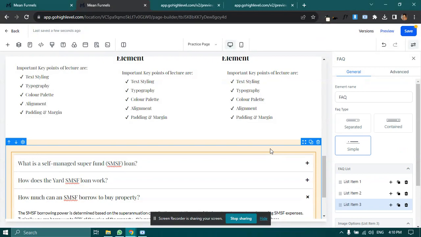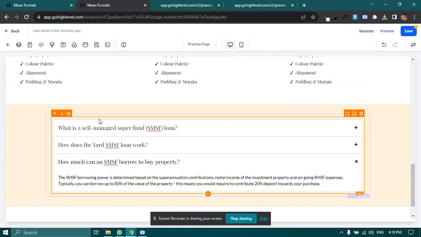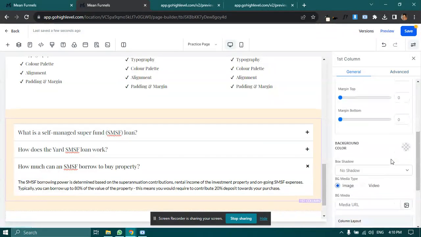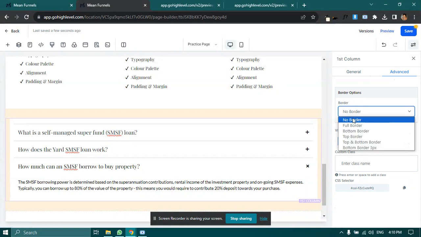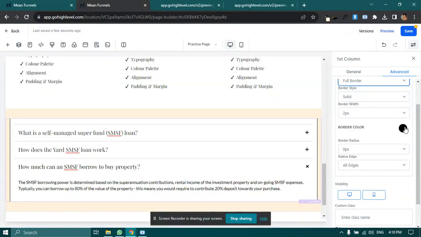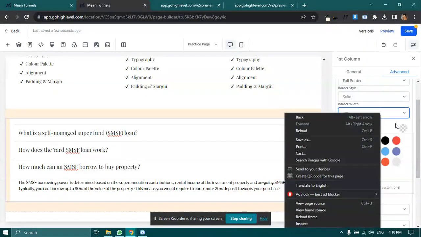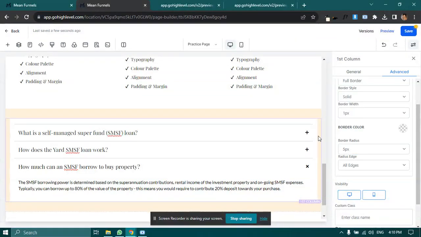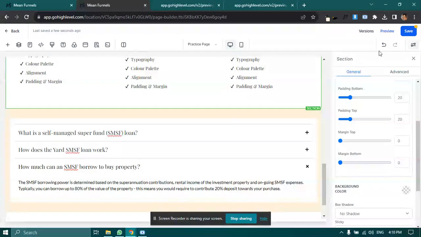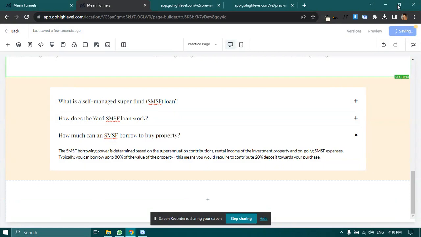So I just need to add the background for this column. Selecting background, adding it to white, and in border I will add full border and border color to transparent and border width 1 px. Sorry, my mouse is just malfunctioning. So our design is almost complete. In fact, it is totally completed,